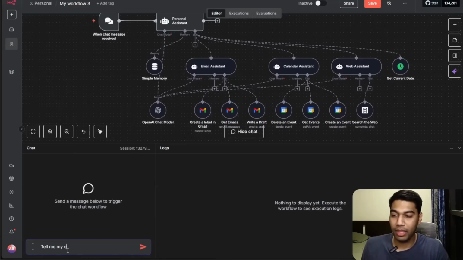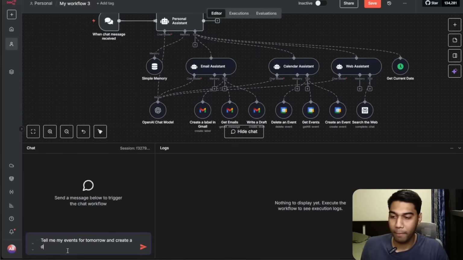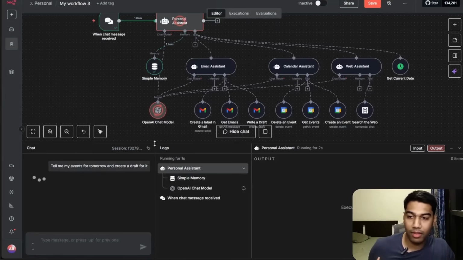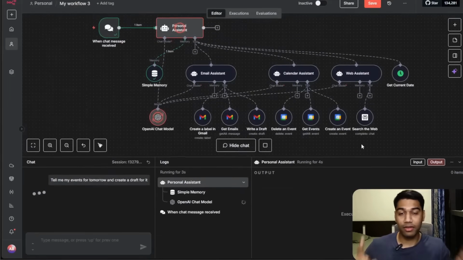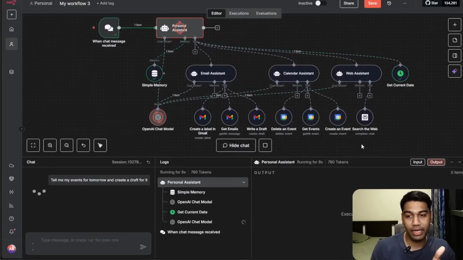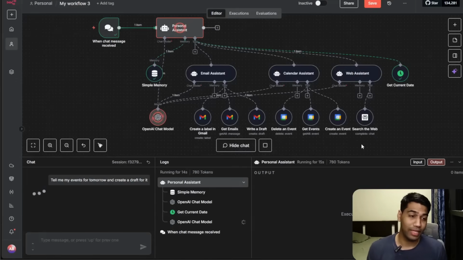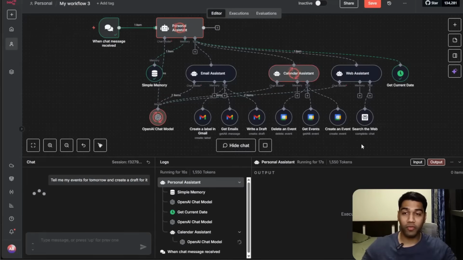Tell me my events for tomorrow and create a draft for it. Now it will technically trigger the email node also at the end. First it will go ahead and see date and time, get the events, and then finally create a draft in my email. And this is probably the easiest way that you can build an AI swarm of agents where you